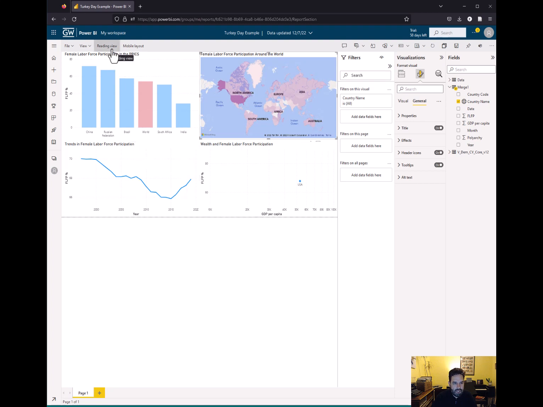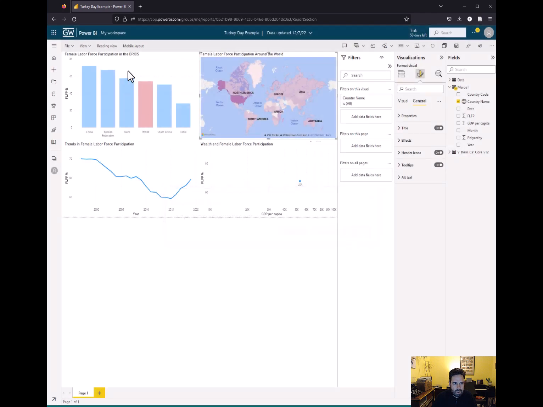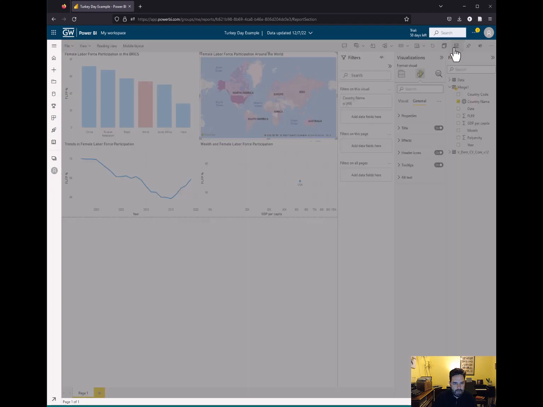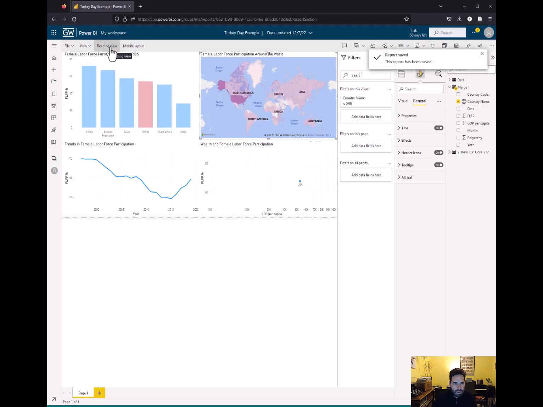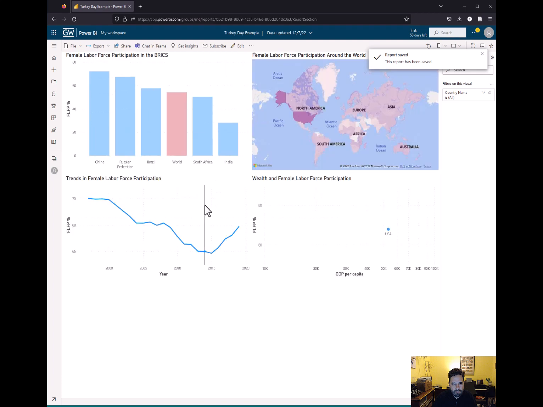We can change the view if we want. We can go into a different view. But let's go ahead and save the changes first. All right, and let's try the reading view here. And that looks a little bit better,